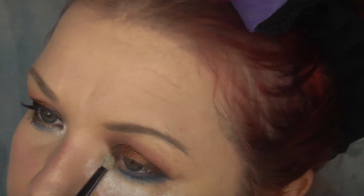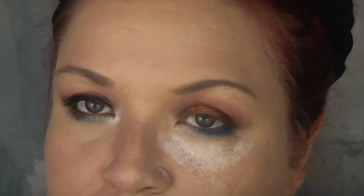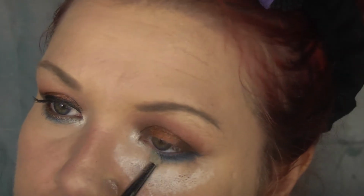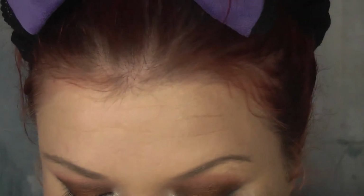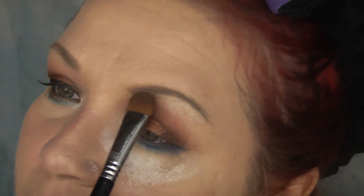Going into the Frosty White, I'm just going to meet it up to the blue, blend it in together, and then pop it on the inner eye. That's basically it for the shadows really, apart from I do want to take some of that same colour on a larger brush, and I'm just going to pop the shimmery white lightly up here on the brow bone and blend it across, just to give that little bit of highlight on the brow bone,